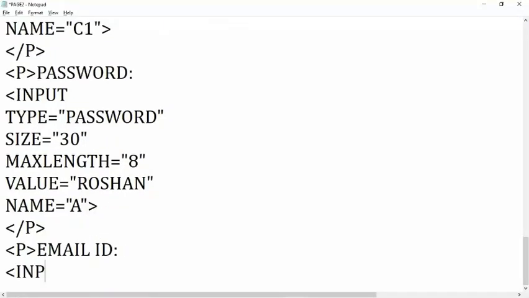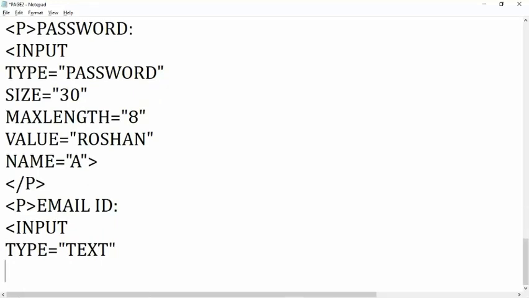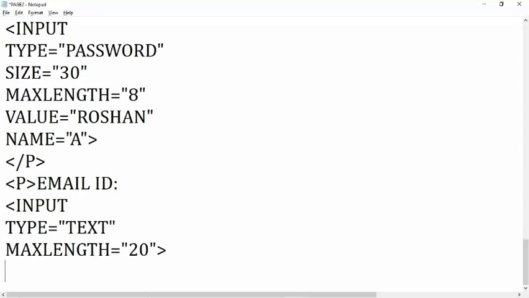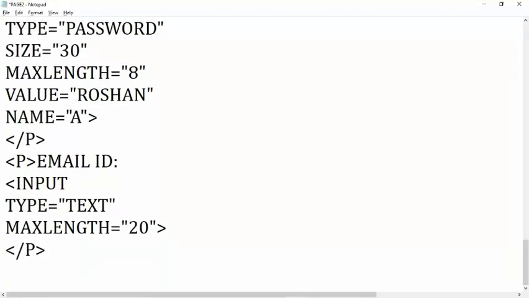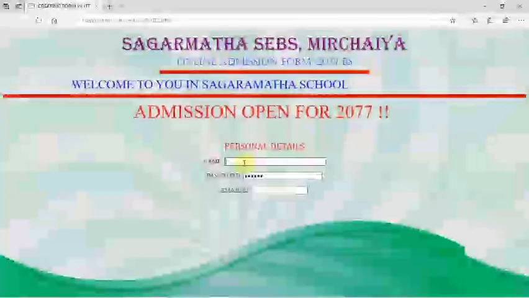Then in the next line, in a separate line, you have to write input type equal to text, and the same thing, and maxlength. I have already told you how to create a text box, so I do not want to repeat again and again. After that again you have to close the container p tag, and again start a p tag. So you can see the effect here. The email ID box is also created.